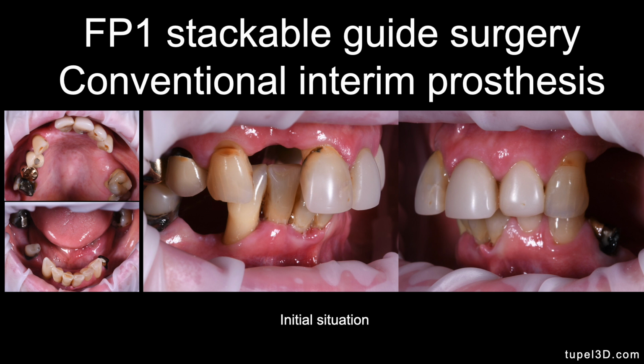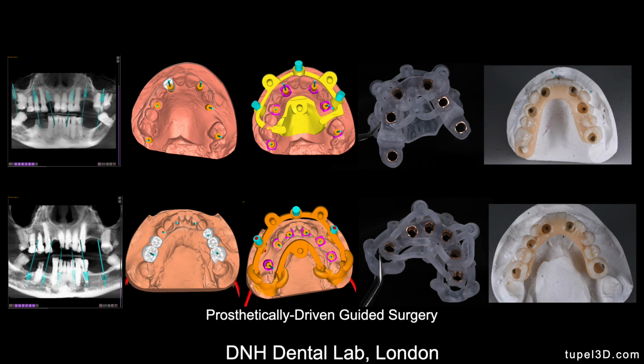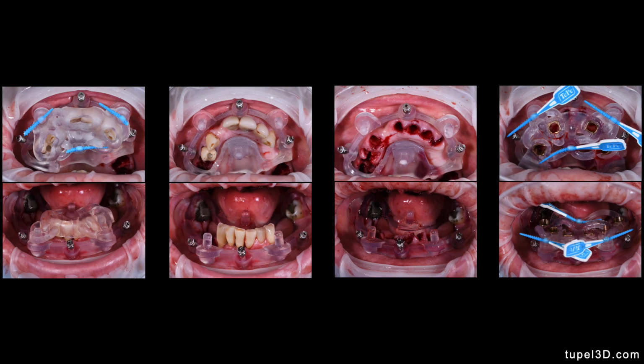Now I'm going to show you a case done in a conventional way. FP1, upper and lower arch. Initially we plan the case on a CT scan just to position the implants, and then we align with the initial intraoral scanning, and go ahead with the design of the interim prosthesis and then the surgical guide. Then on the day of surgery, with stackable guides, we remove the remaining teeth, we place the implants, and then